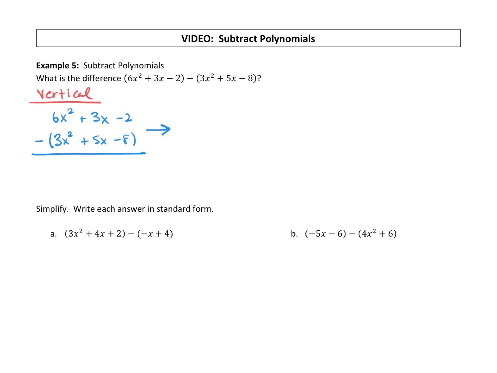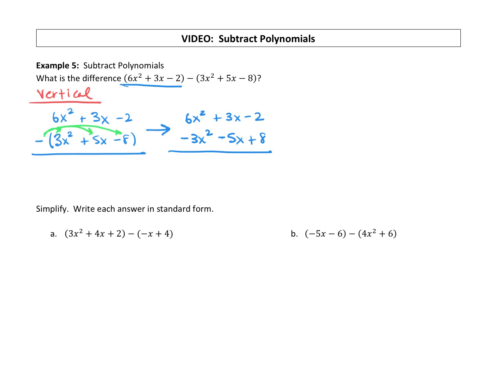Now, if you are subtracting an entire polynomial, that negative is actually going to get distributed to all of these terms. So I'm going to rewrite the problem one more time. Again, whatever the first polynomial is does not change. So that's 6x squared plus 3x minus 2. And now that negative changes the first term to a negative 3x squared, a negative 5x, and then when you distribute the negative to the negative 8, it's a positive 8. And now we can